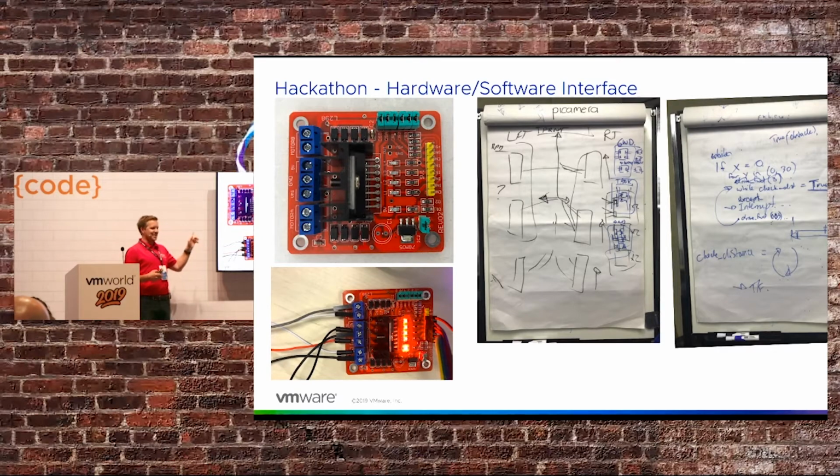That's actually an H-bridge. Something that came to light was that when you're designing an IoT solution, the hardware interface and the software interface are so important. They really need to be co-designed. As I said, the red item is the H-bridge, which is the part that communicates from the Raspberry Pi to the motors to transfer voltage and current to drive the motors